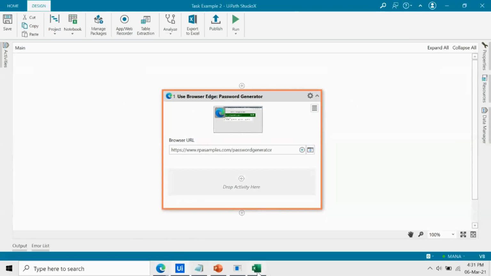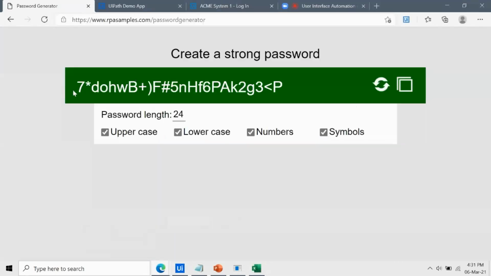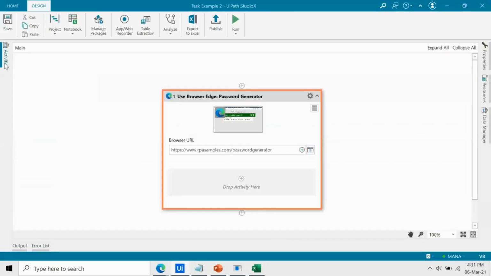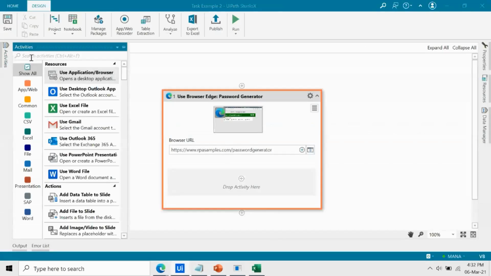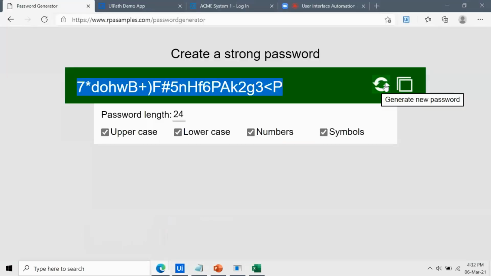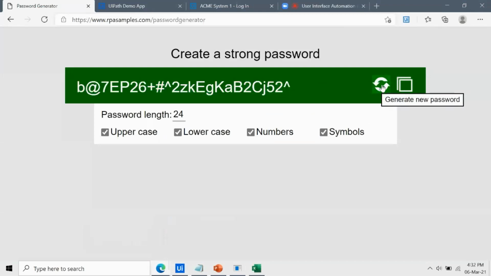So now we have to basically go to the application and fetch this password and then put it inside this Excel sheet. Okay. So to do that, we will first interact with the application, because right now we have skipped the logic if part. So what we will do is go to this application and first click on reset password, because we never know whether this password was already taken, right? So it's better to generate a new password and then get the data from this application.